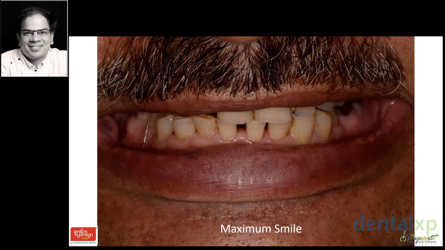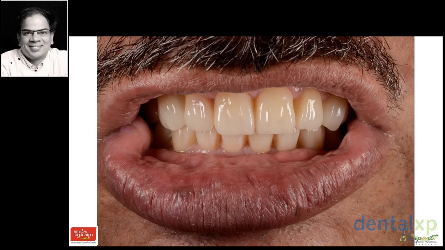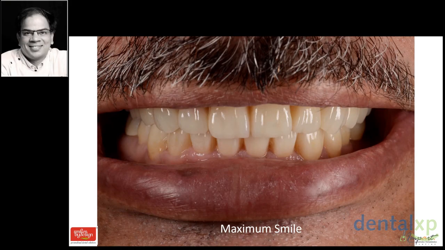When he was talking, this was shot to show how active the lower mentalis muscle is, and how much tooth structure he shows of the lower jaw. And that's his maximum smile now, and there is a good integration of the lip and the teeth together. So dentofacially he looks nice.